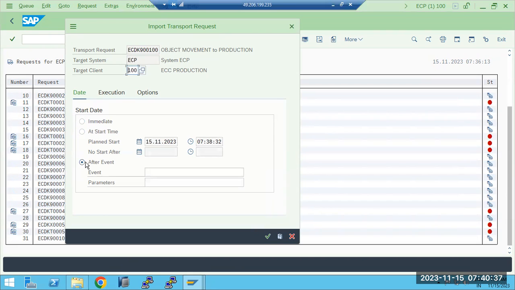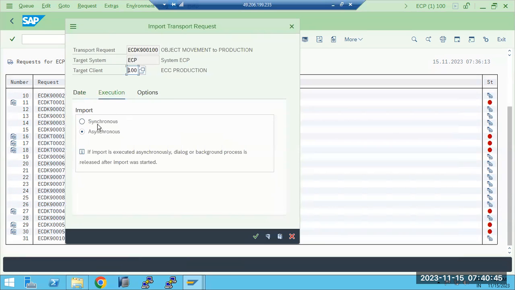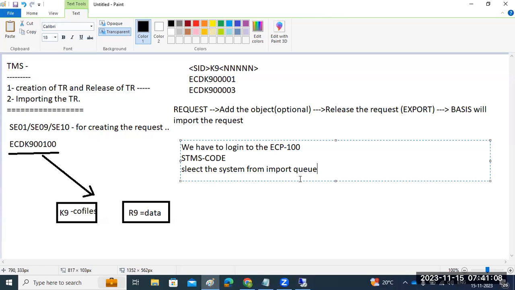Then after event. So normally we will use the immediate option. Then execution. So do you want to execute in synchronous mode or asynchronous mode? By default, it is asynchronous mode here. Why? Because whenever you are importing the transport request, one backend job will be executed. That is called the RDDIMPDP job. The RDDIMPDP job is responsible for